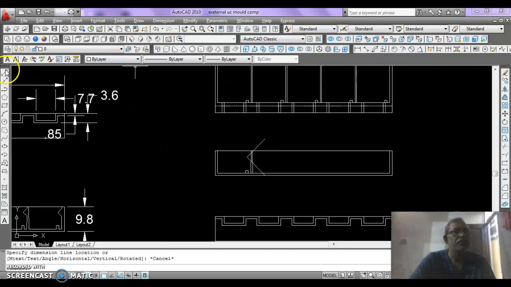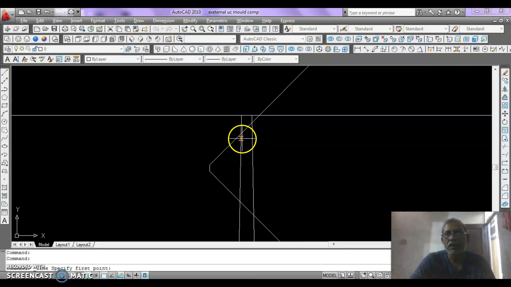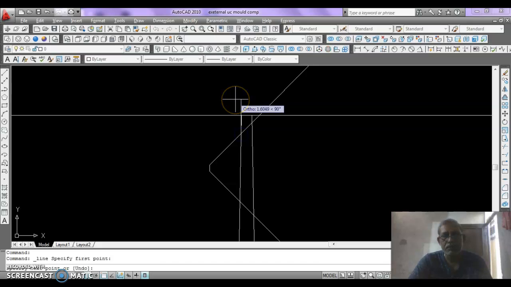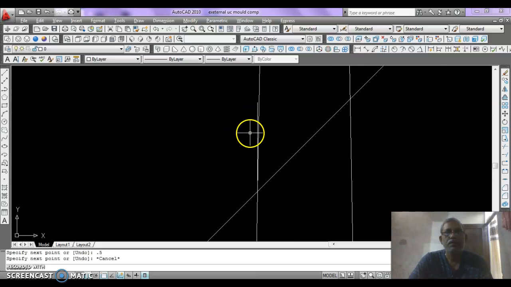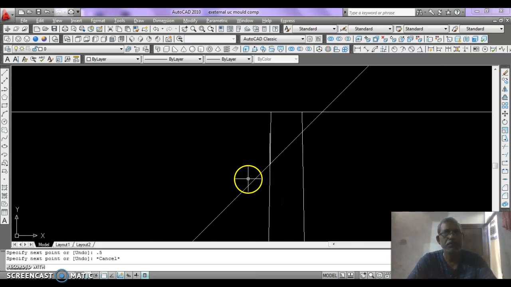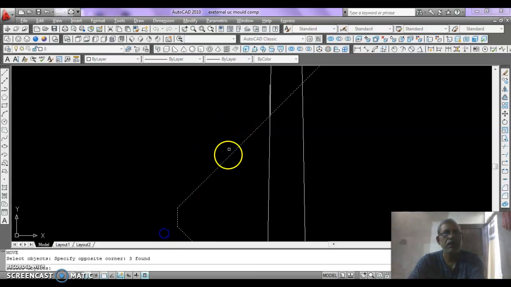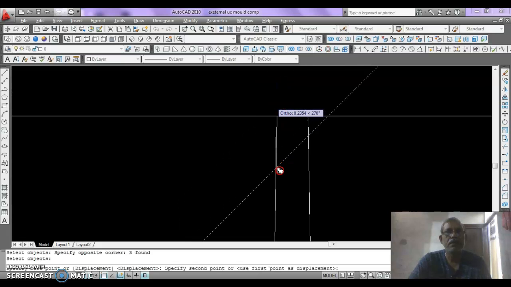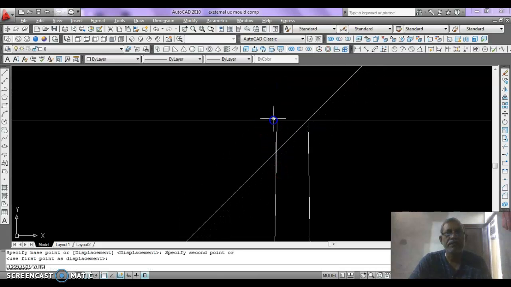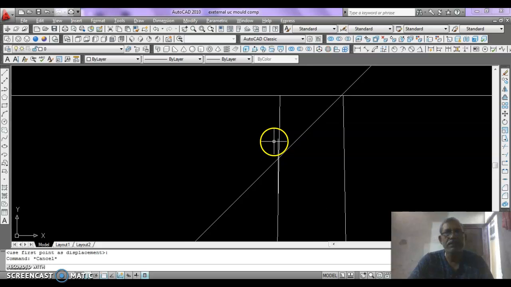So just draw a line here, 0.5. Sorry, 0.5, and then move all the structure, move this to the perpendicular of this,